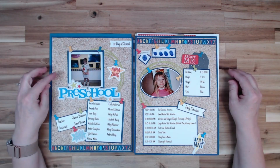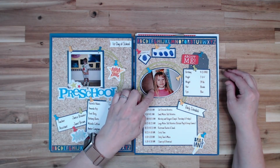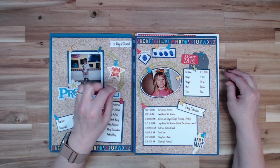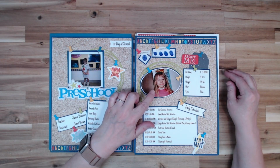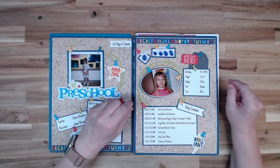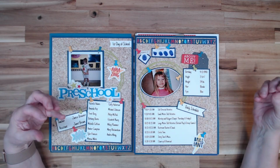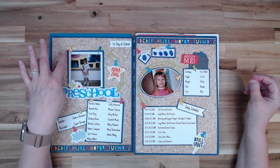Like, wow, cool. So I had this picture from her first day of school, and this was from her birthday. They had, no, this was when they did this one, sorry. Multiple pictures, lots of information. And I just kept looking at this thinking, I want to do a bulletin board. So I cut out these little